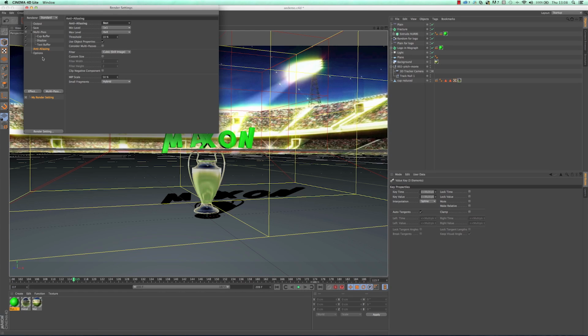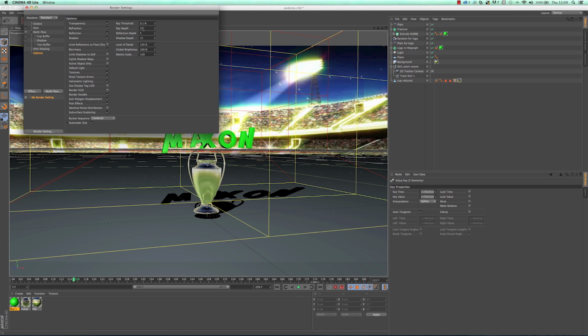A couple of other things to mention while we are here is you can go into options, and if you don't need really high detail, if you want to speed up rendering, if you don't need such a big ray depth, you can try lowering that. So that's how light is looked at in Cinema 4D, where it's a ray tracer, so the ray fires out of a source and it's tracked around the scene, and in this case up to 15 times. So you can lower that if you don't need such complicated stuff.